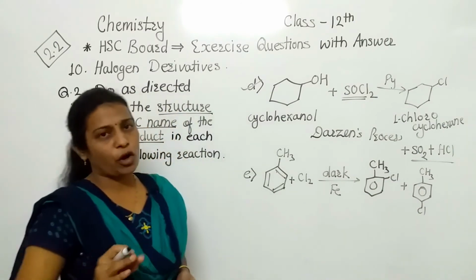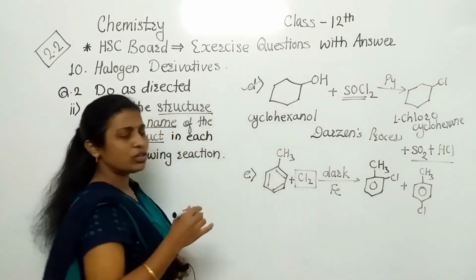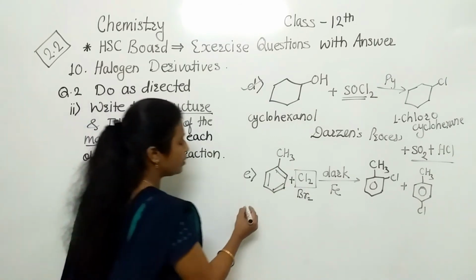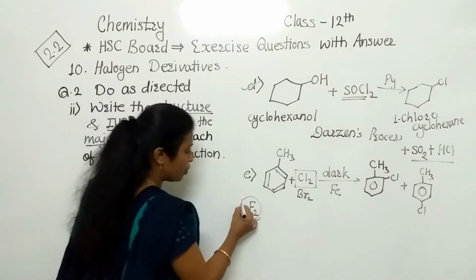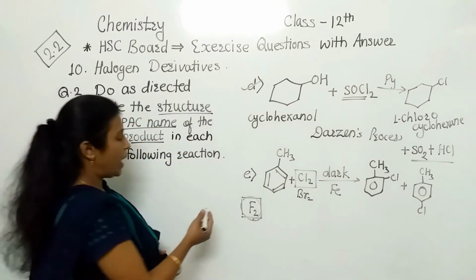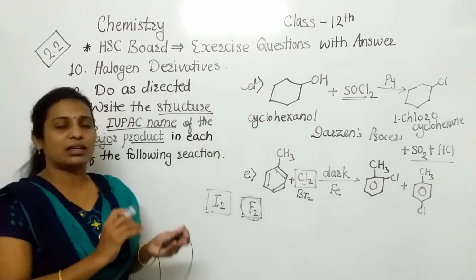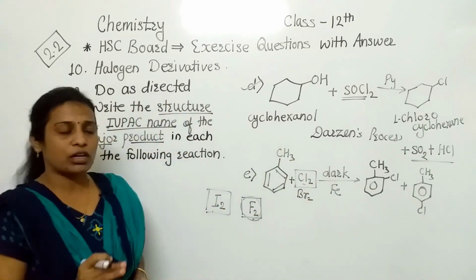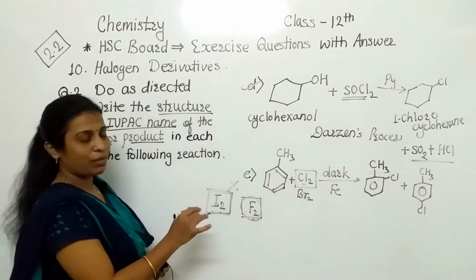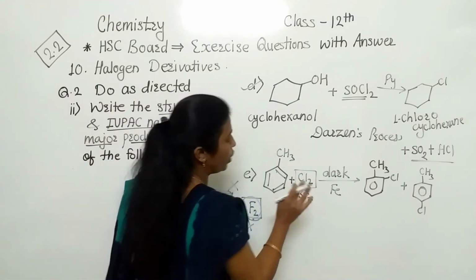Generally, the para product is the major one. Now we are going to discuss chlorination, or Cl2 addition. This reaction we can apply for Br2 also, but we cannot apply it for F2, because the reaction containing fluorine is explosive. And if we are treating with iodine, then in the product also we get I2 as it is. That's why this reaction is not applicable for I2 as well as F2. It is applicable only for Cl2 and Br2.